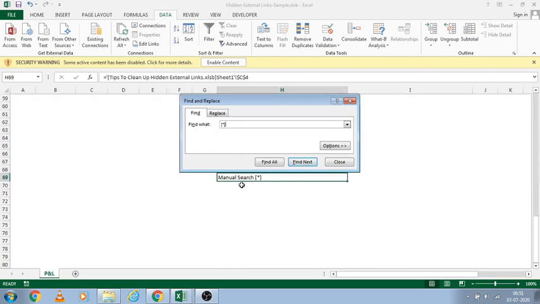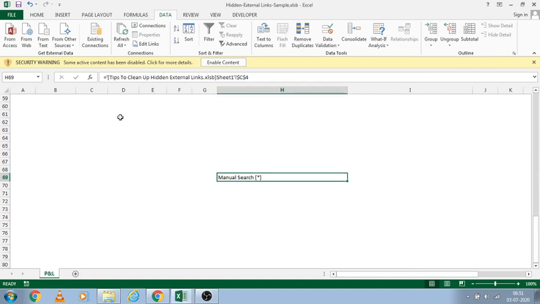It will show the cells which have the links to external files. If you see this, all external links will be created in a square bracket. This file name will be stored in a square bracket. By using this method, you can identify the cells in which an external link has been given.